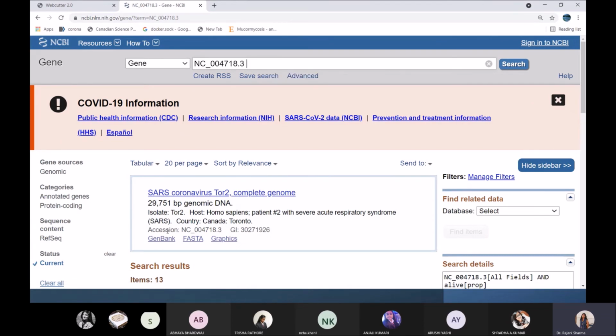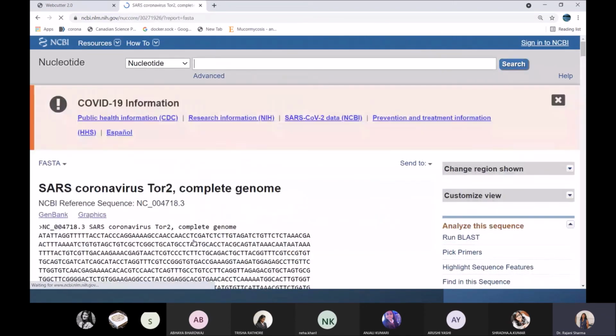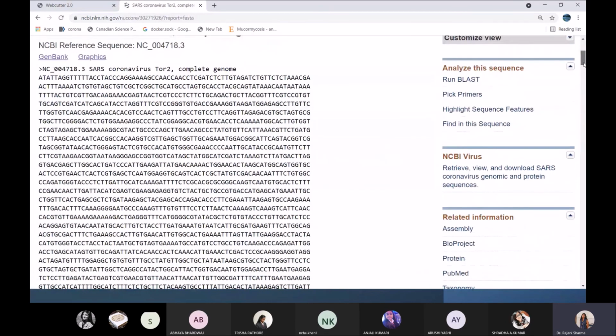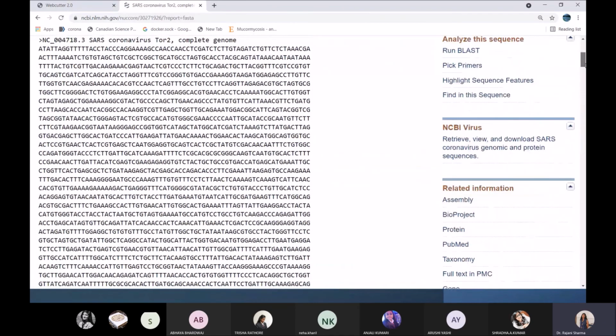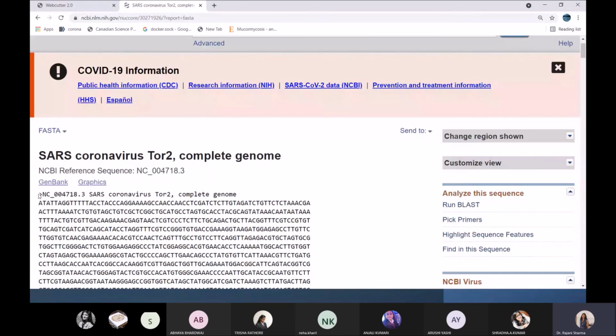Here it is written accession number of this gene. Here FASTA is written. So we are going to copy this FASTA format. So I have clicked on the FASTA. So you see what we are getting. We are getting some sequence of the DNA. This is a very long sequence of the DNA, and it is starting with this symbol. Okay, here the symbol is there, the accession ID is there. So what I am going to do is select this whole sequence.